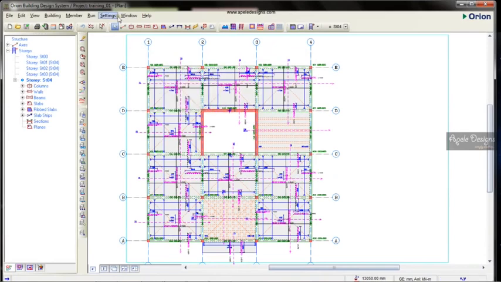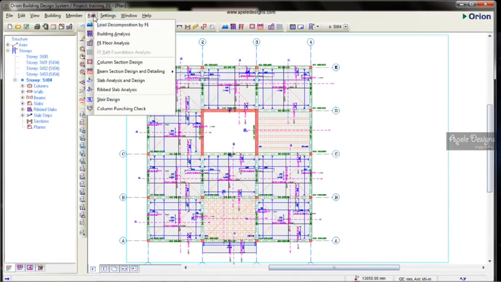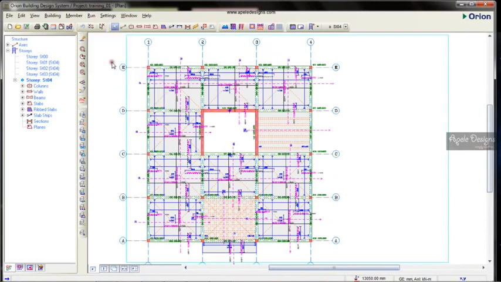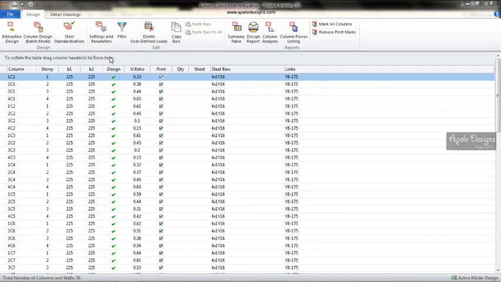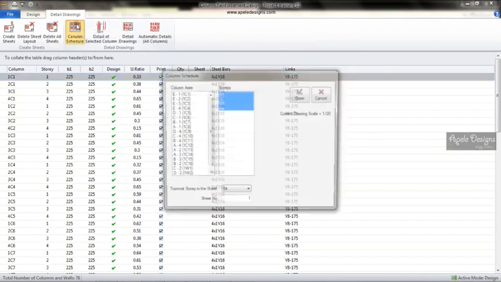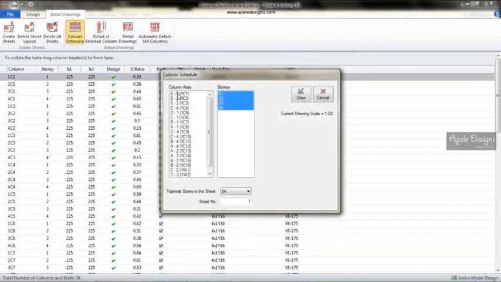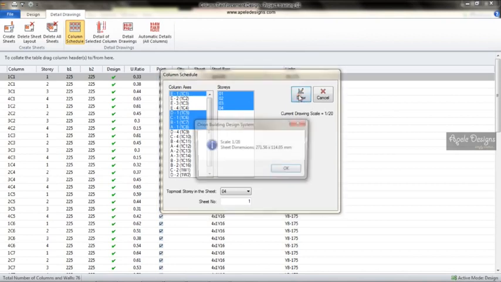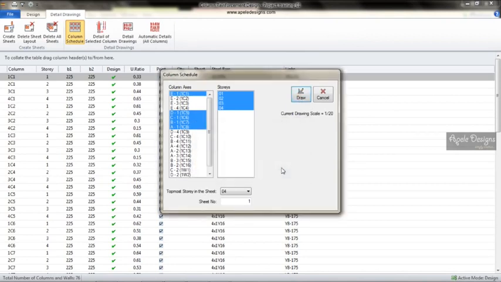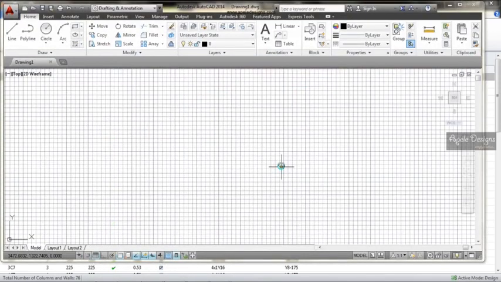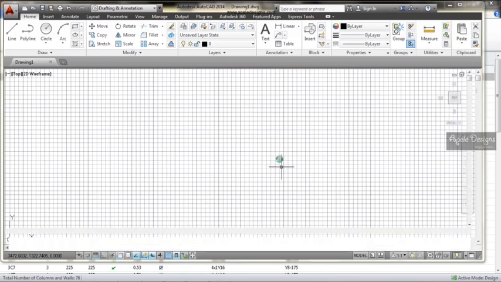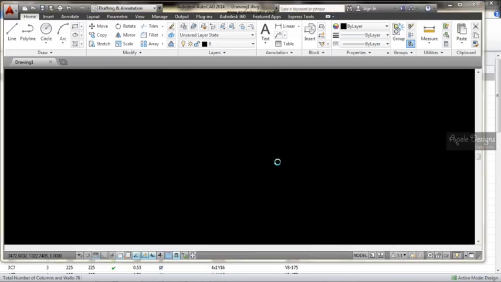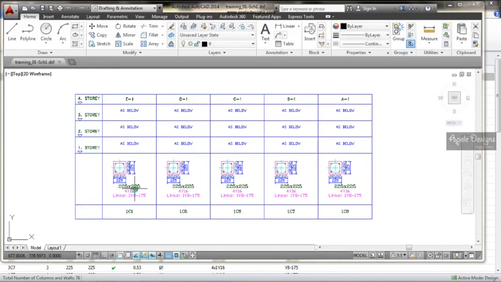Next thing we'll do is to display our detailed drawings. Run for columns. We'll come to column section design, and we'll start with the schedule. That's the column schedule, and we'll just pick each alphabet and click draw. Okay. And to launch our AutoCAD and display our detail drawings, starting with the schedule for the column,